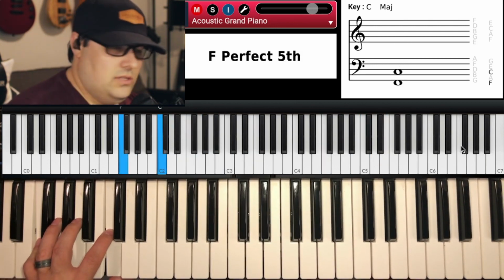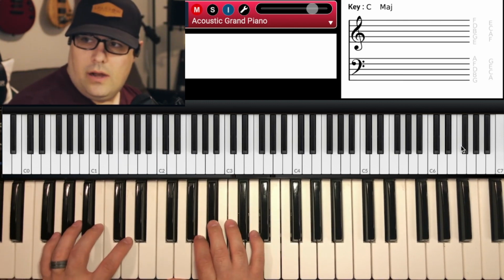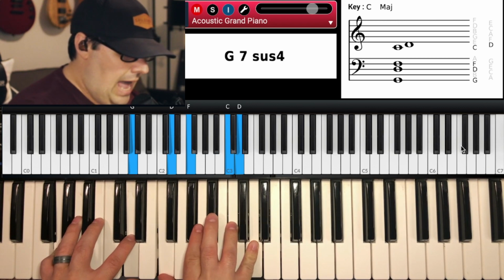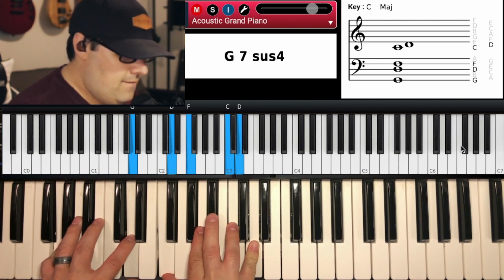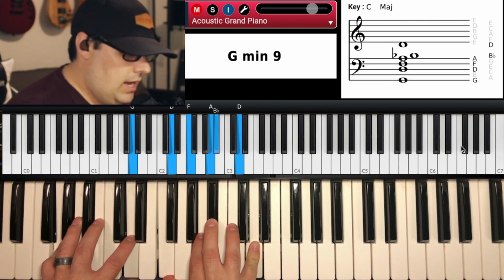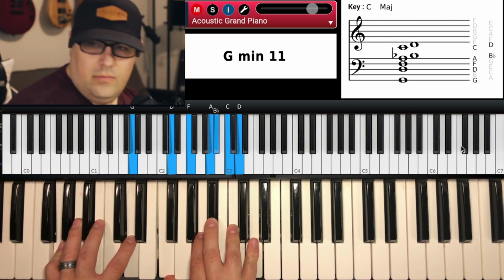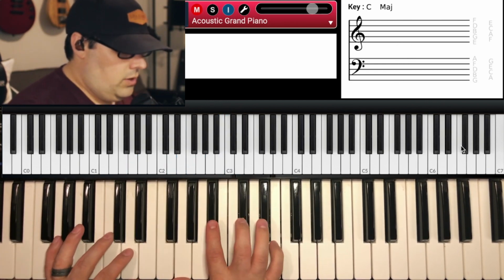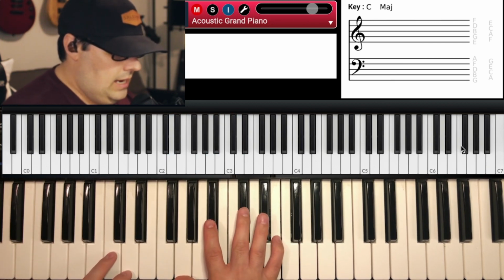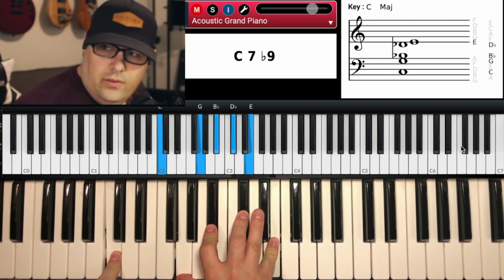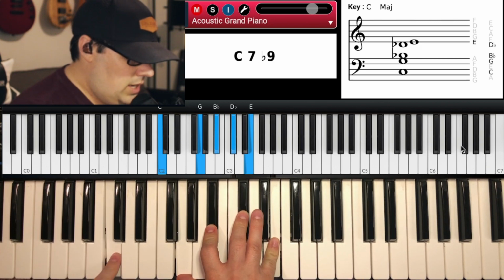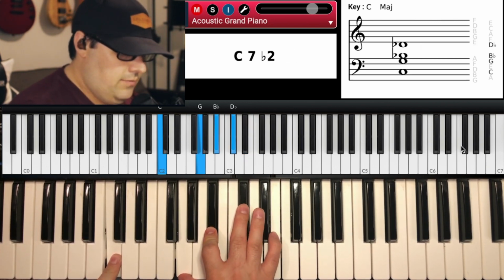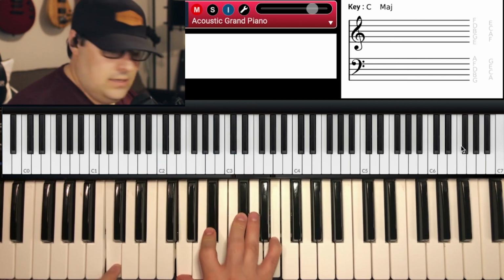All right, so now let's make that a G minor 9. So that's G, D, F in the right hand, F, A, B flat, C, D, minor 11 actually. Then we're going to do a C7 flat 9, C in the bass, in the right hand G, B flat, D flat, E, to the F